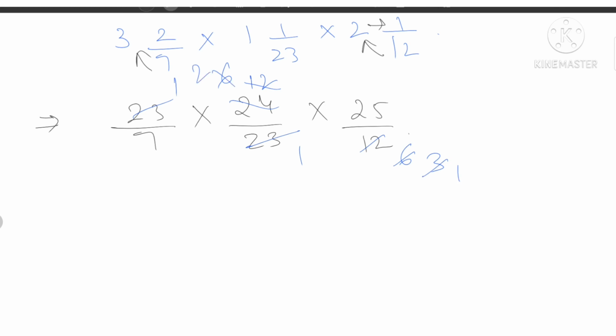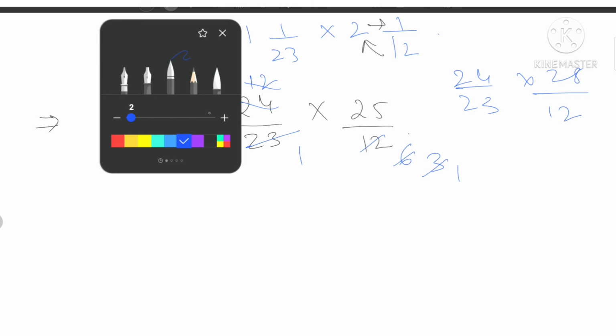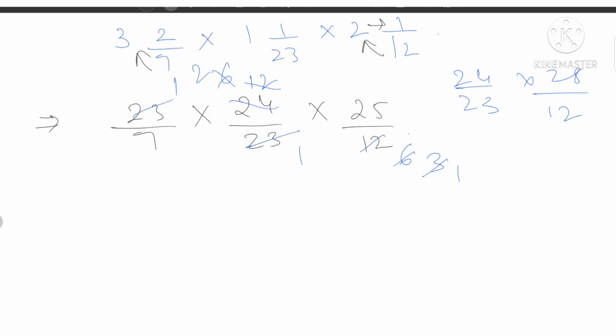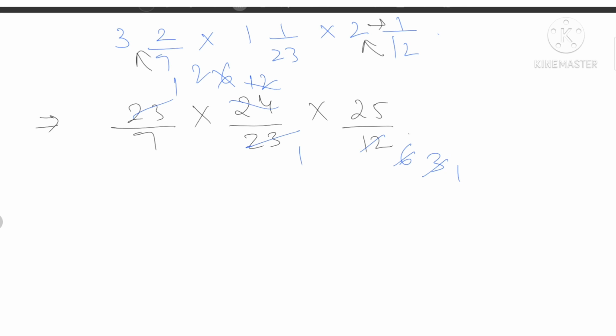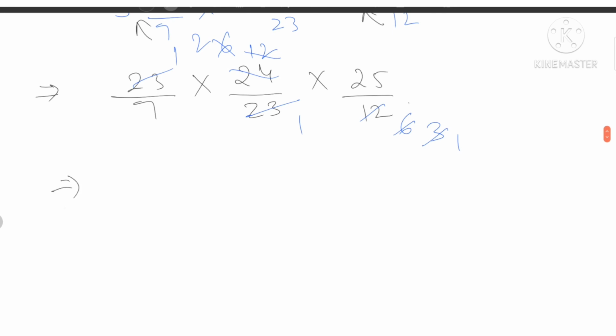Or directly we could have cut this 24 and this 12 as 12 ones are 12, 12 twos are 24 directly, instead of doing all this. But in order to show the basic cutting portion out here, that is why I did this type of cutting, so that people understand how to break the cutting up. Okay, now over here we are left with 2 and 25.